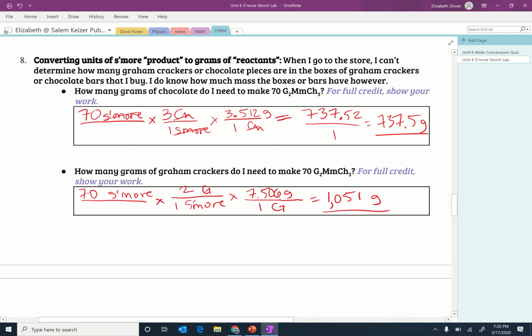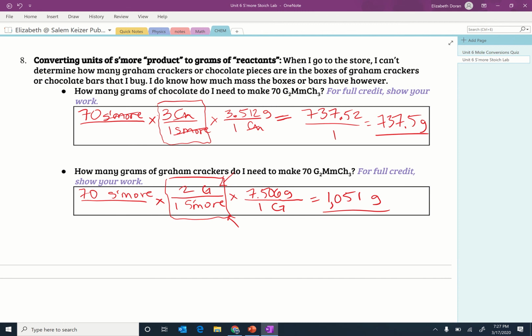Okay. So those look similar to the same setup that we've been using for mole conversions, and the reason I set it up like that is because this is basically how we do stoichiometry too. Stoichiometry is the ratio. Technically, we're going to be doing mole ratios, but here we have kind of the unit ratios that we have 3 chocolate units per every 1 s'more unit, 2 graham cracker units per every 1 s'more unit. Okay, so these will be like the mole ratios, similar to how we treat mole ratios in a balanced